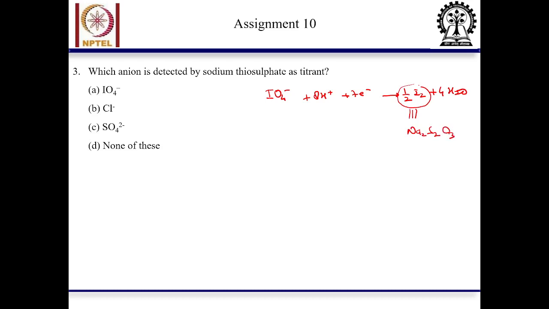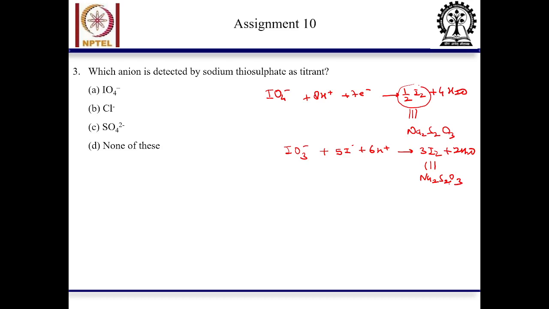If I ask you, can you find out this iodate with this sodium thiosulfate? The answer is yes. If you have this 5I minus in acidic solution, you will have this 3I2 plus 2 water molecule. Now again, I2 can be titrated with